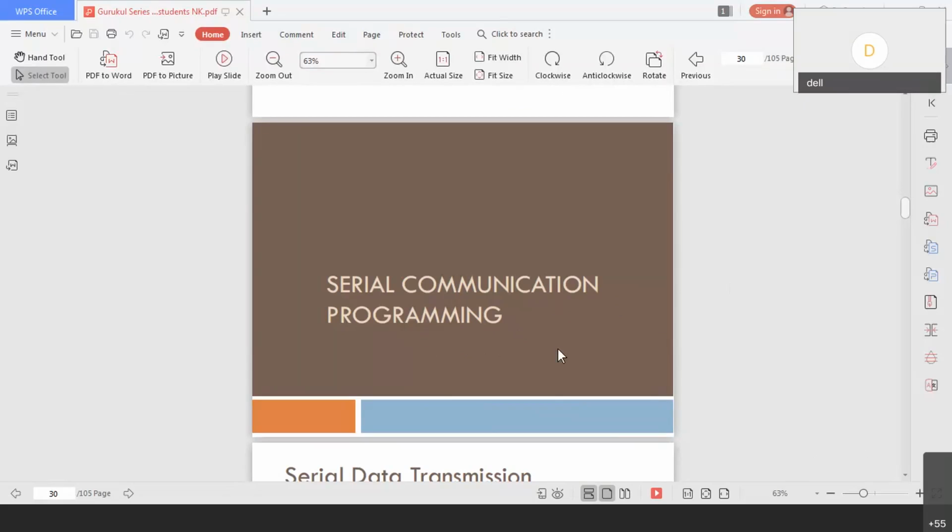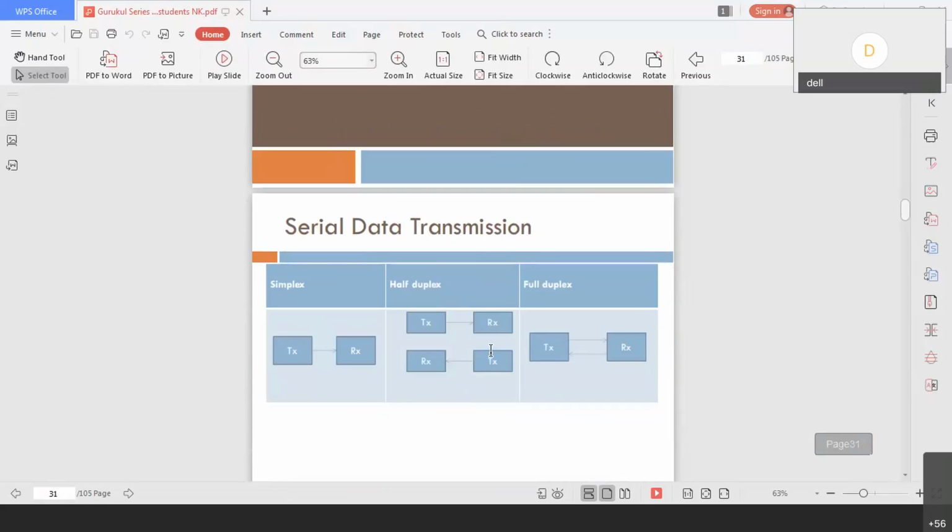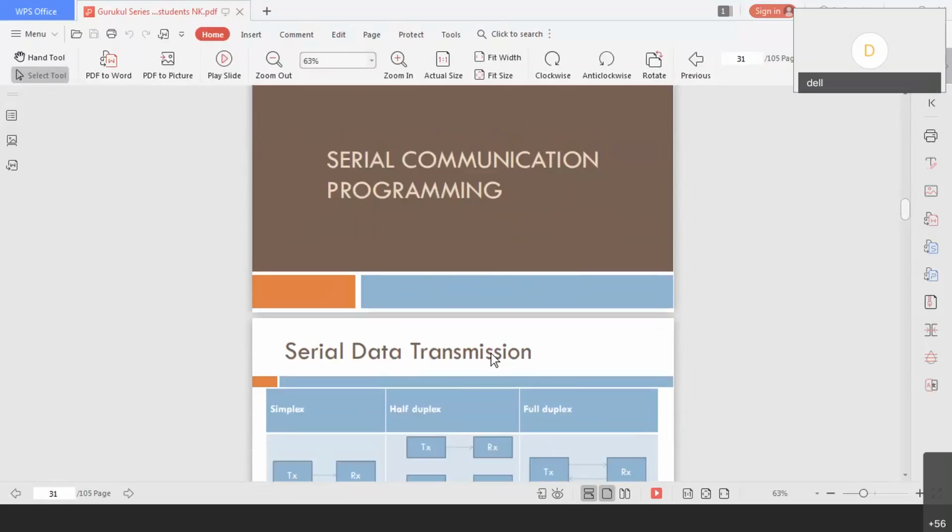Now the parallel in serial out is implemented in serial communication, where 8 bits of data will be put into the serial buffer and sent bit by bit outside. In the receiving mode, bit by bit it will be taken in, and in parallel it will be copied to internal registers or any ports, whichever is required for us. Now let us understand a bit about serial communication.